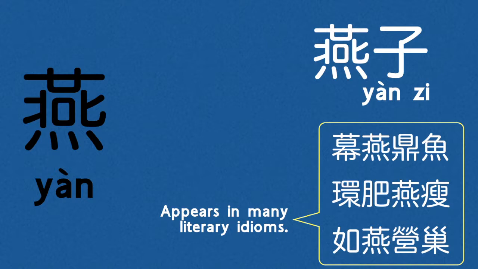My first example is this word, yan. This is a reasonably ancient word that appears in literary figures of speech, but rarely in everyday conversation. The basic meaning of the word is swallow, not the verb to swallow, but the noun, meaning a type of migrating bird. If this is your first time seeing the character, you might wonder how this set of radicals ever